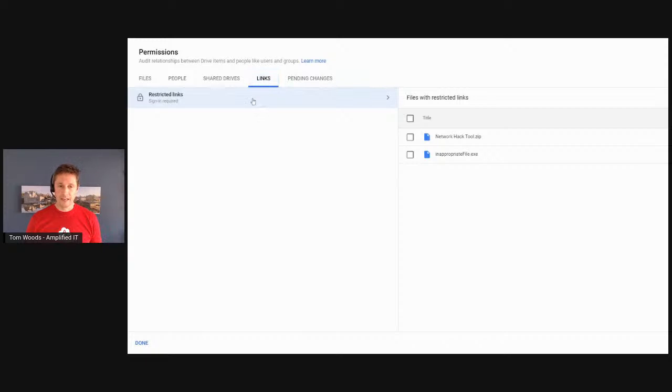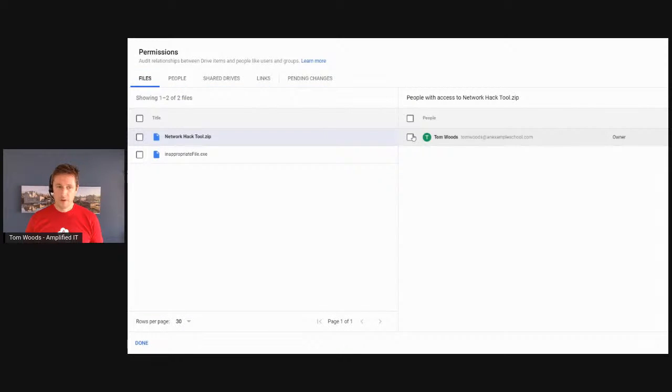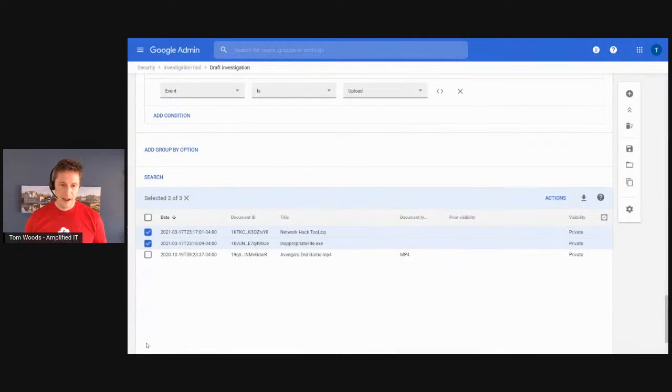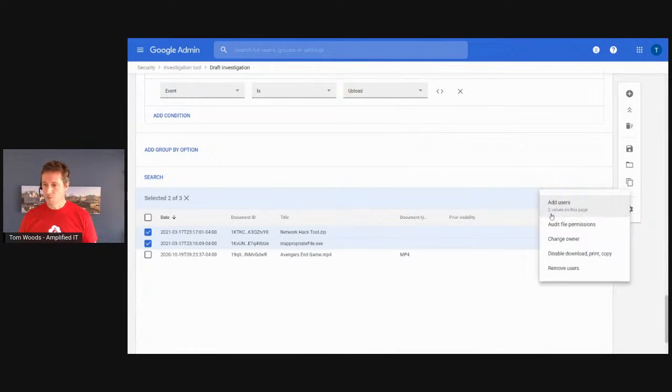Anyone in the domain with the link can view. We could turn that back to just restricted ACL only. We could remove various individuals. If this example had more people on the access list for that file, we could definitely, let me get back out of here. We can come back here and maybe under the actions list, we just want to change ownership, change the ownership to us, the administrators,